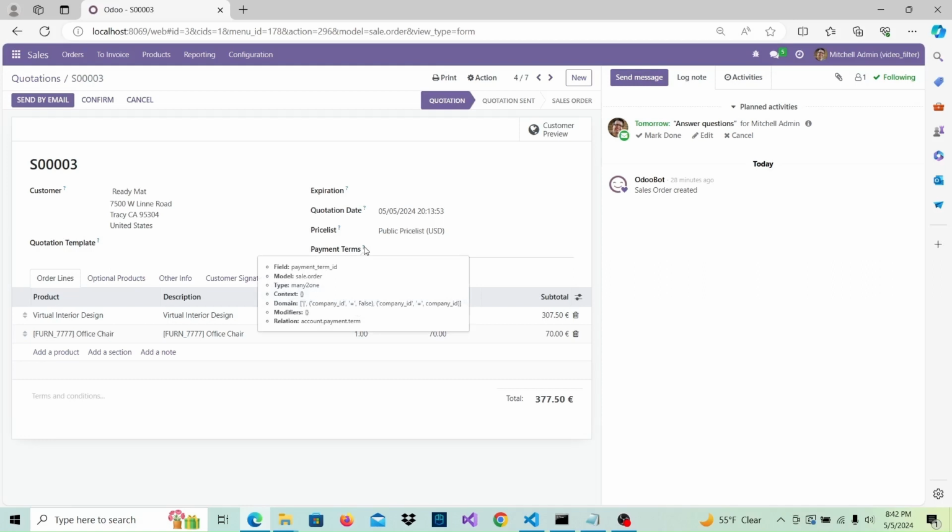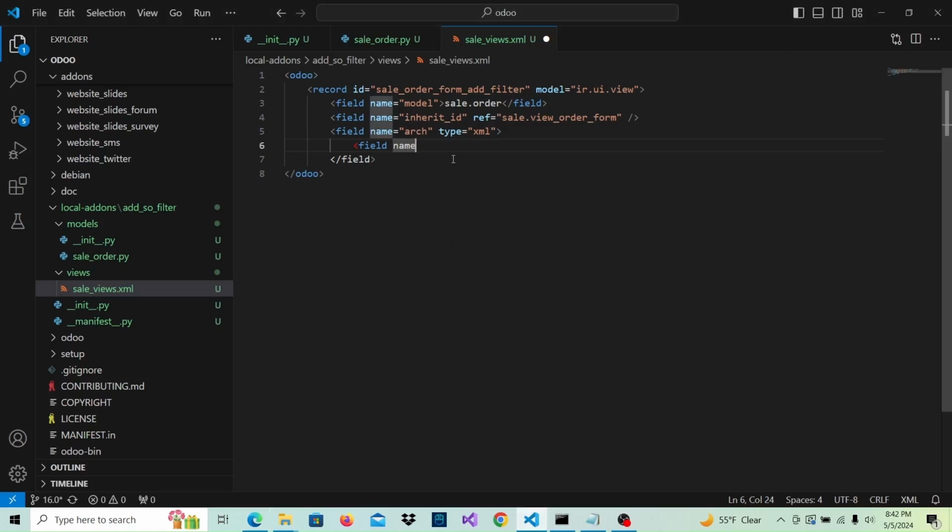So if we hover over the question mark, we see the technical name, payment term ID. So we're gonna use that, payment term ID, and after payment term ID